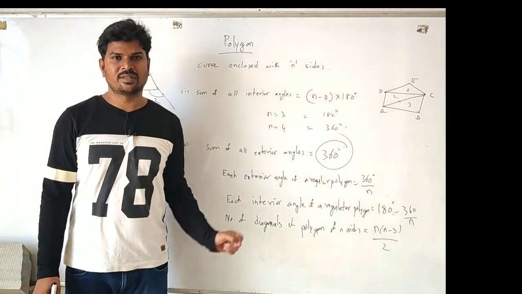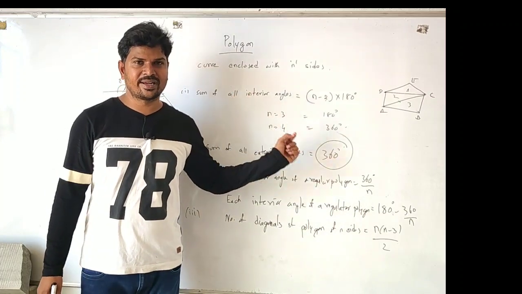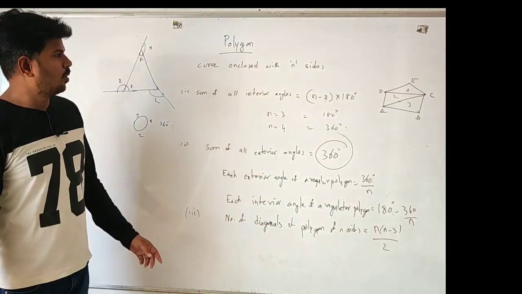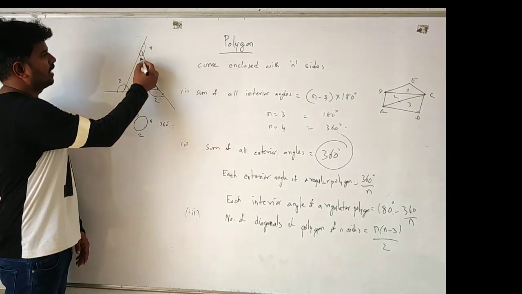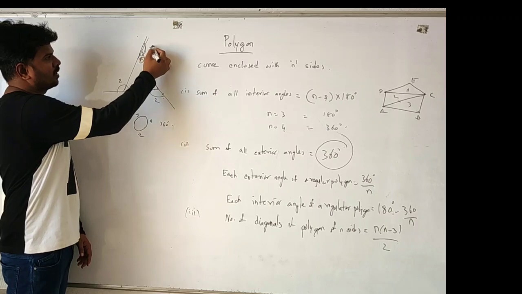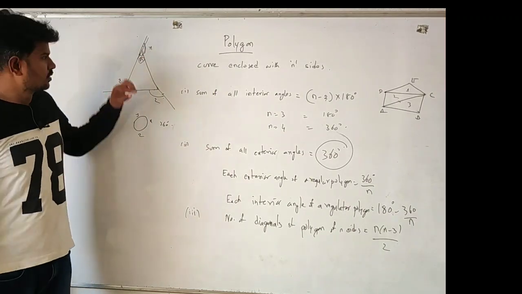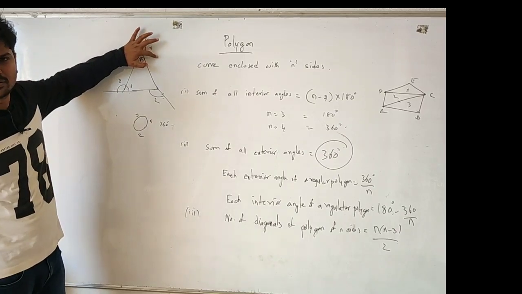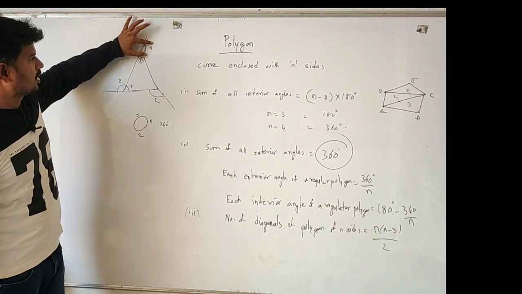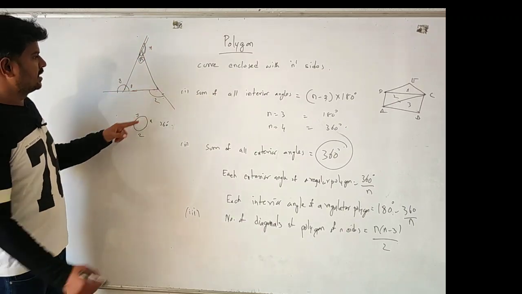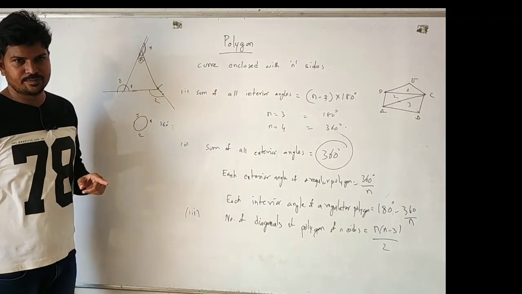The sum of all exterior angles is a fixed value, 360 degrees. Irrespective of the angle value, the sum of all exterior angles is 360 degrees. To explain this, I'll take an example. What is an exterior angle? If angle A is here and you extend this side, the other part is called the exterior angle. So this is the interior angle and this is the exterior angle. If it is A, it is 180 minus A. I'll call this part X, this one Y, and for angle C, the exterior angle is Z.